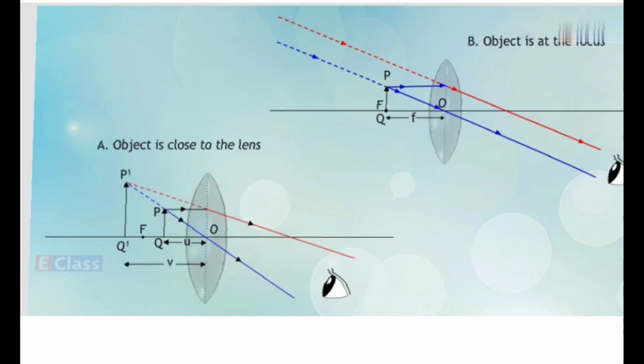Are we using a magnifying glass? Yes, we are. When we used to play with that magnifying glass, we used to concentrate the rays of the sunlight, and we saw that the paper gets burned. What is it? It is nothing but the same thing. We call it a simple microscope or the magnifying glass. In our lab also we have the simple microscope.